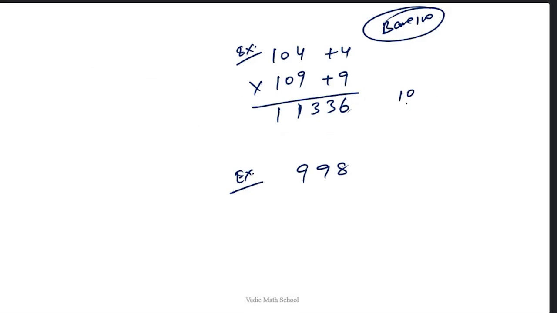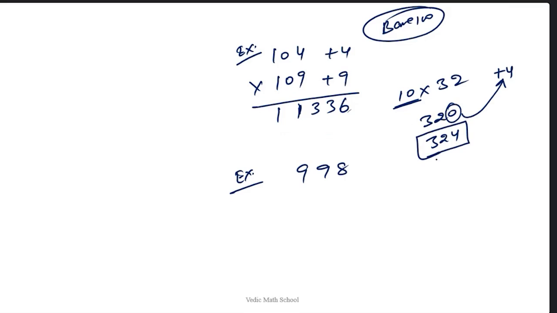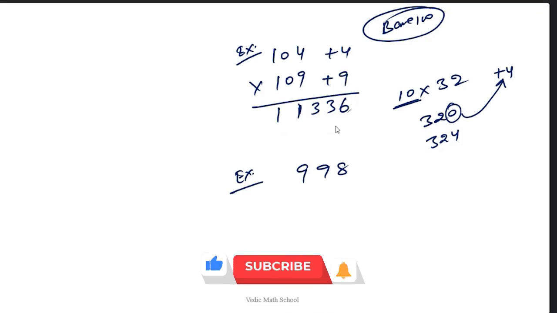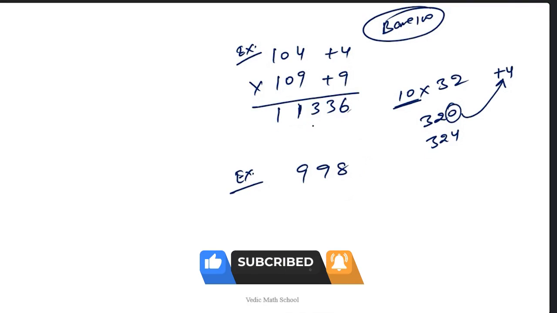Actually, when you multiply any number with 10, what do you get at the unit place value? 0 only, right? If the number is 32, you will get 320. Or if there is 4, it will become 324, because this 0 is going to add with 4. So it is always that number which you are adding into the 0. So instead of writing one digit here and carrying over the second digit, you can simply write down that number. But in that case, you don't have to multiply with 10. Are you getting my point?